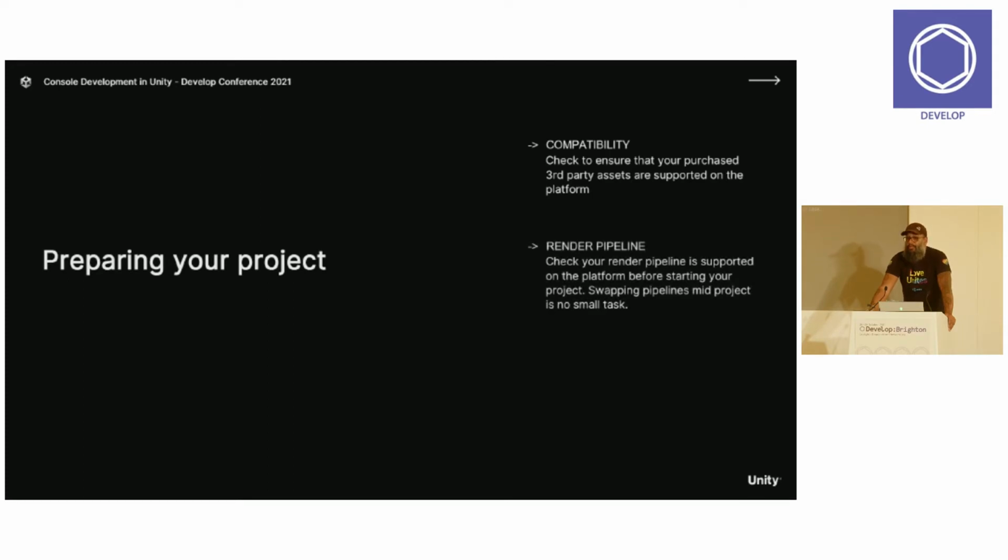Your render pipeline is also an important choice. Check your render pipeline actually works on the target platform. I've seen a number of titles using HDRP that realize they can no longer port to Switch. Don't be in that position where you're having to rebuild all of your materials and your render pipeline from the ground up when you've already made a game. The built-in pipeline works across everything within Unity and is considered to be stable and mature. We have URP, which does work across every platform, but HDRP doesn't work across every platform. So be conscious of that, and your shaders and other things that you might be using, custom SRPs, etc.